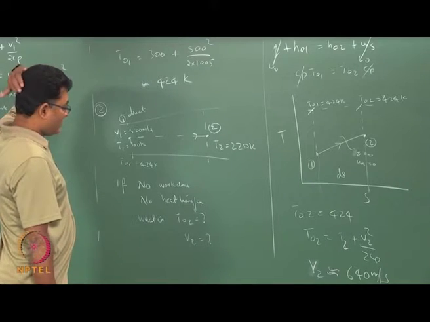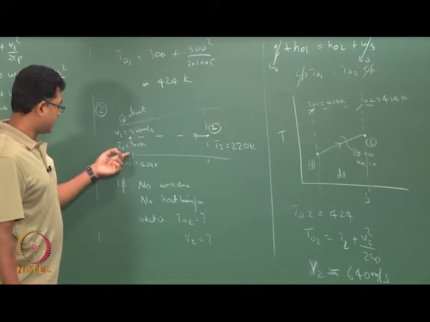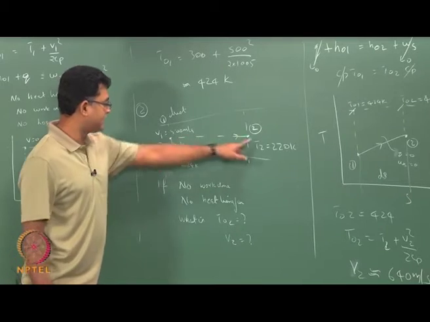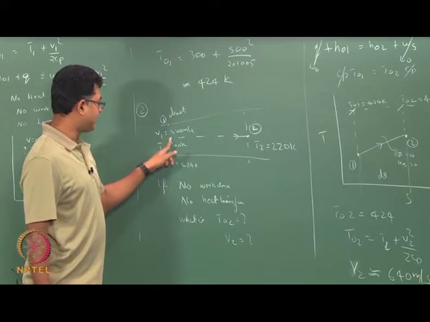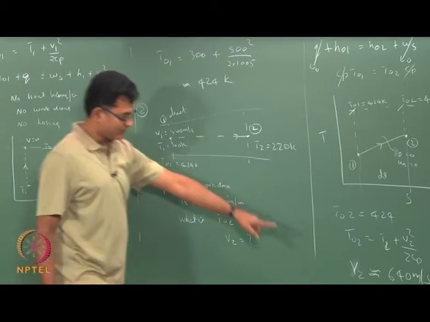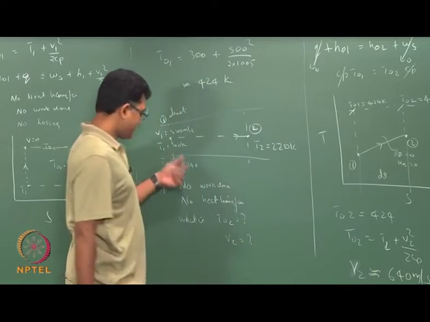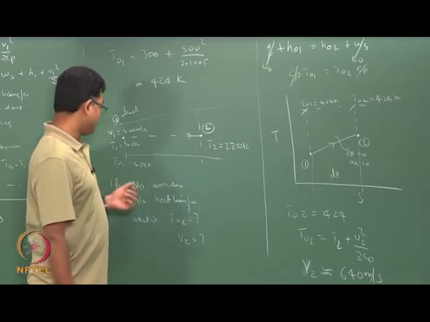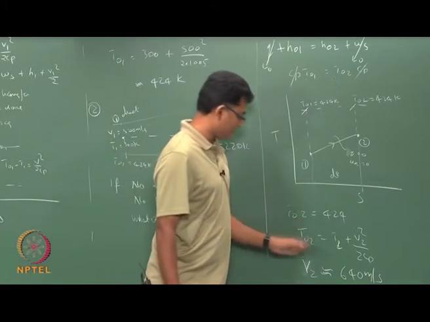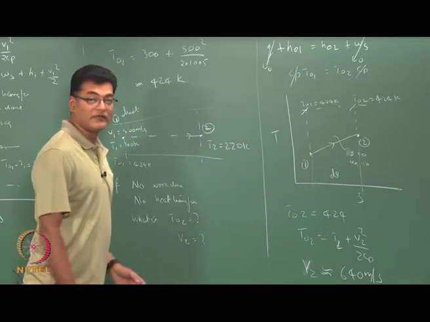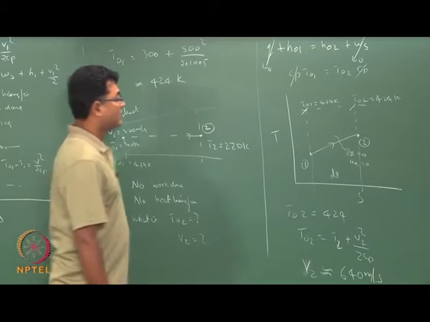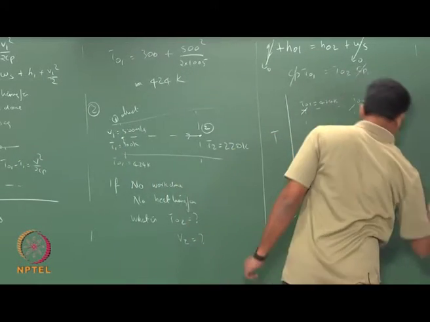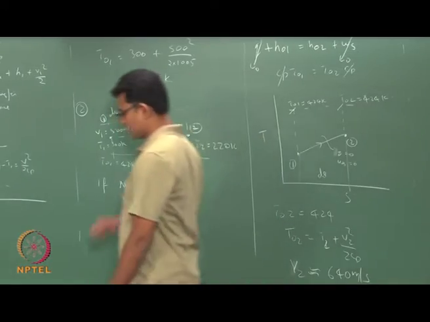Okay. So, I repeat the process here. I have state 1 and state 2. At state 1 we have velocity 500, state 2 we have velocity 640. Since there is no work and no heat transfer, the stagnation temperature is the same. So, we have equated the enthalpy and obtained our V2. Okay. So, this is nothing but your energy equation posed in a different way.